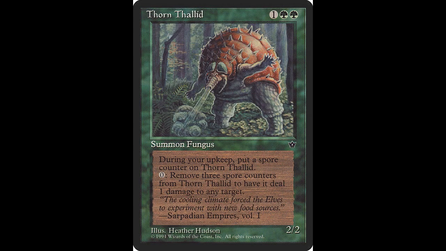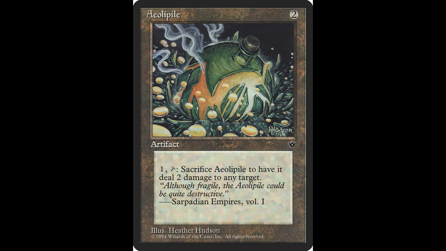And our final green card for today is Thorn Thallid. This 2/2 creature casts for 1 colorless and 2 green. At the beginning of your upkeep, put a spore counter on Thorn Thallid. Remove 3 spore counters from Thorn Thallid. It deals 1 damage to any target. There are 4 varieties of this card, and if you'd like to add it to your collection, it will cost you 25 cents. Okay, now we move on to artifacts, and our first one today is